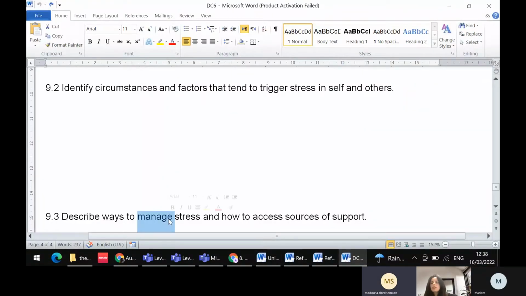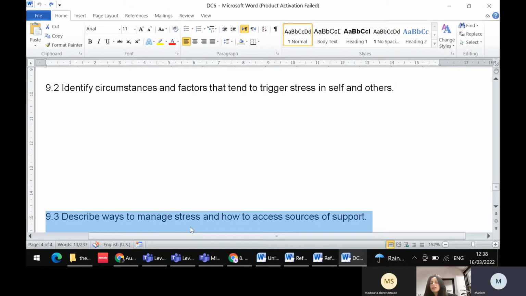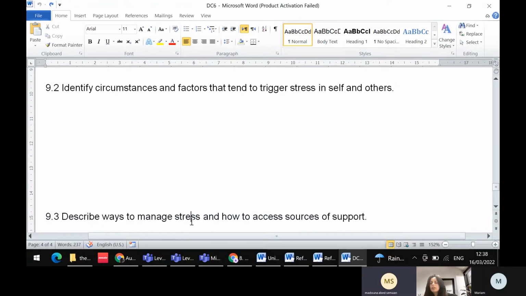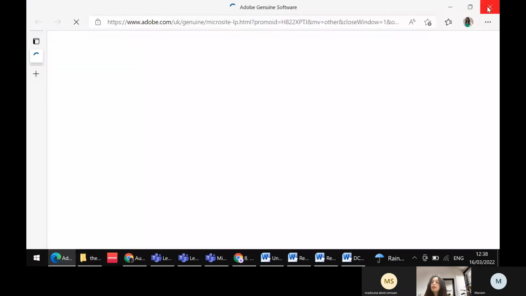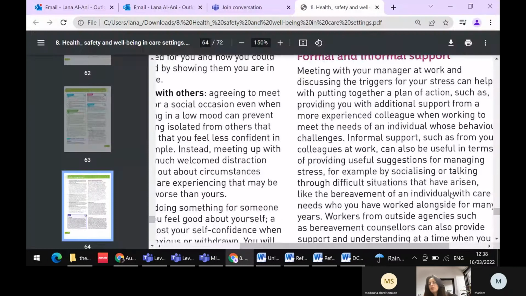Yes. Excellent. So this is how ways to manage stress and access source of support. What's the source of support? Source of support is my manager. So if I have any stressful situation, I just go to my manager and let them know about the stressful situation I am in. They will provide me with extra assistance, just in case I have so much to do and suddenly my client doesn't want to do things and she's really upset and sitting somewhere.